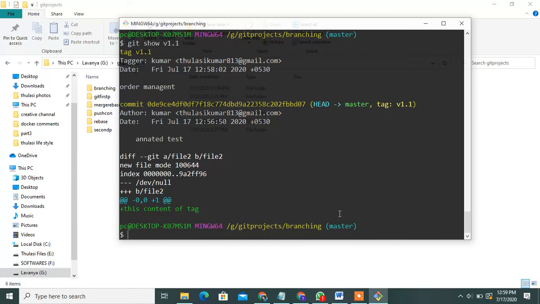See, you can observe this carefully. This is what is tag, how to create the tag, how to add the commit, how to create the annotated tag, how to add the tag name also, how to take this particular tag, how to show the tag name. These are all completed guys. Then next is